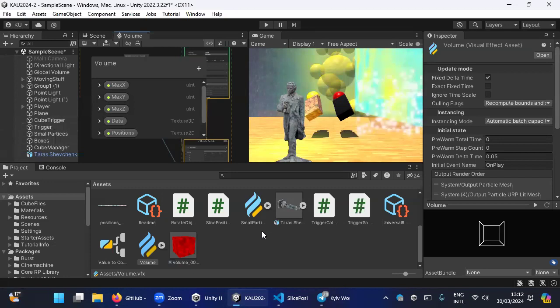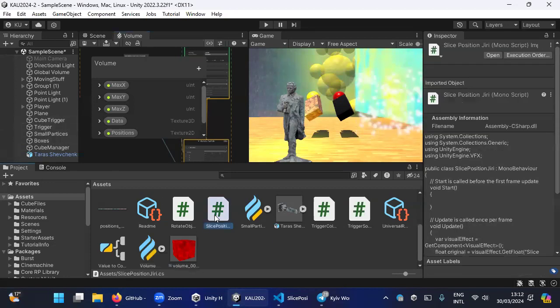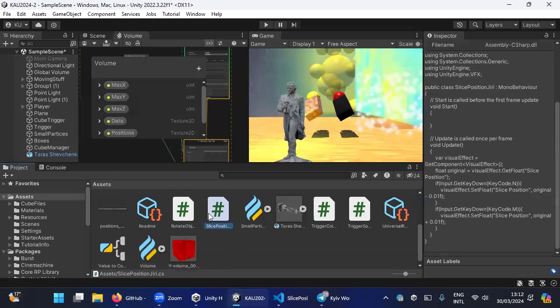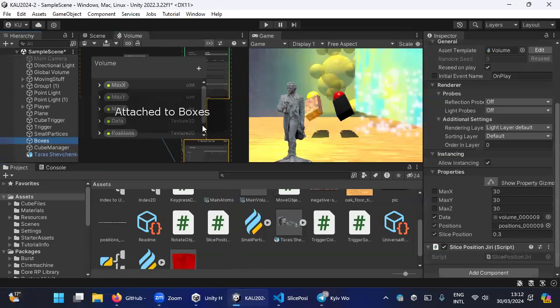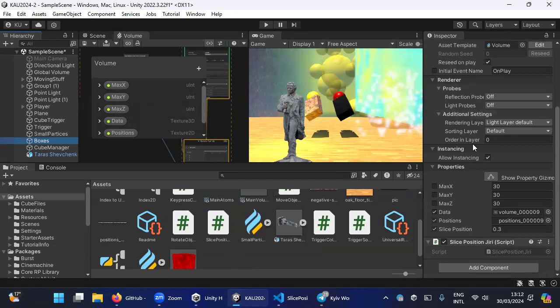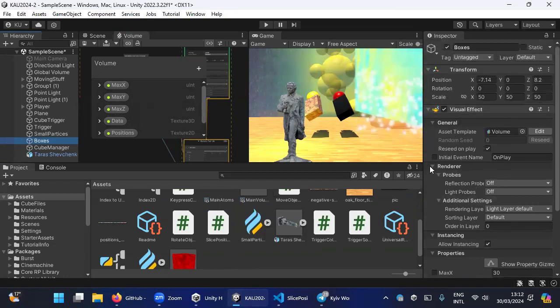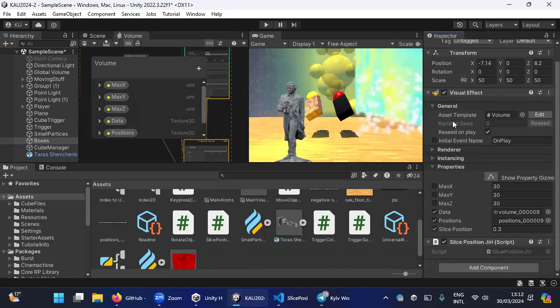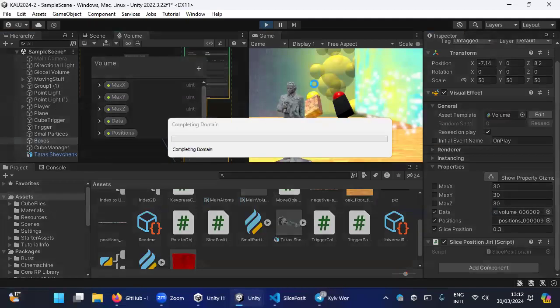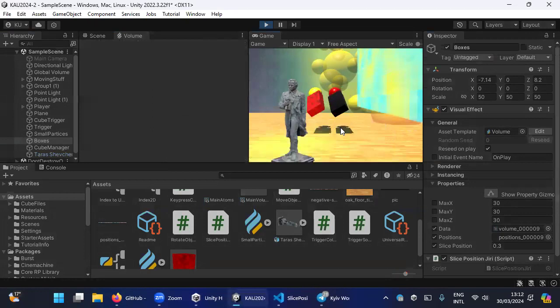So if you manage to do this, then you take your slice position script and put it on top of the object that has the correct visual effect, so that in the object you have, okay, I'll close this, we don't need it. So in the object you have a visual effect component, you have this slice position component, and now if you run it, then hopefully